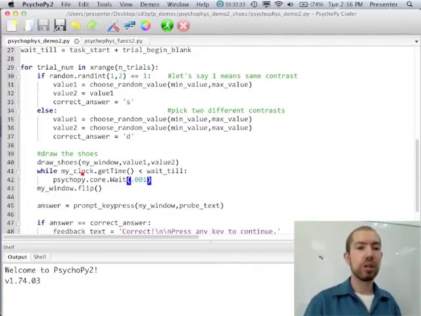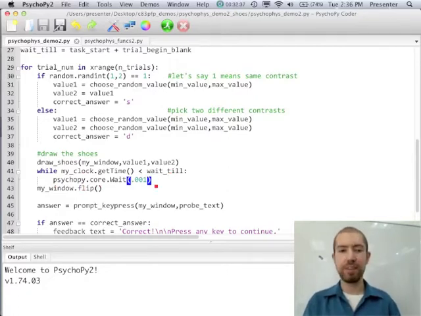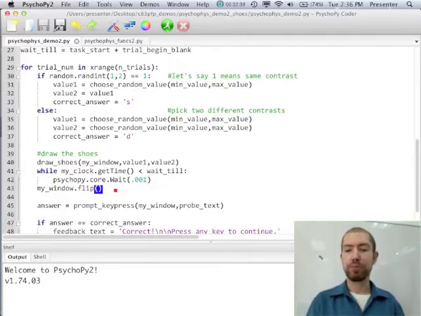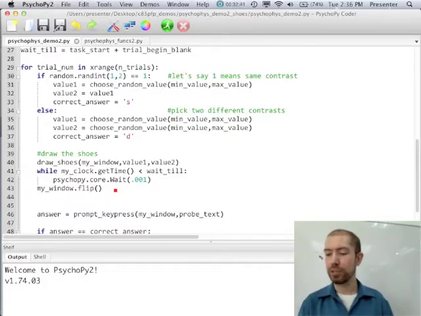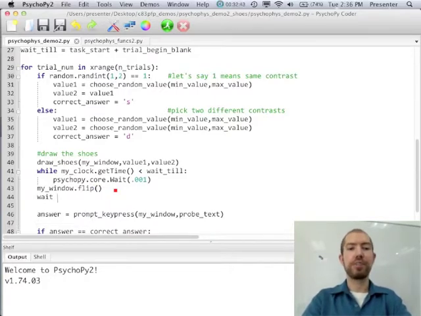Okay, so as long as the current time is less than the time we want to wait till, we're going to want to wait 1 millisecond. Eventually that will cease to be true. Then we'll flip the window. And then, as soon as we flip, we're going to want to set a new value for wait till,